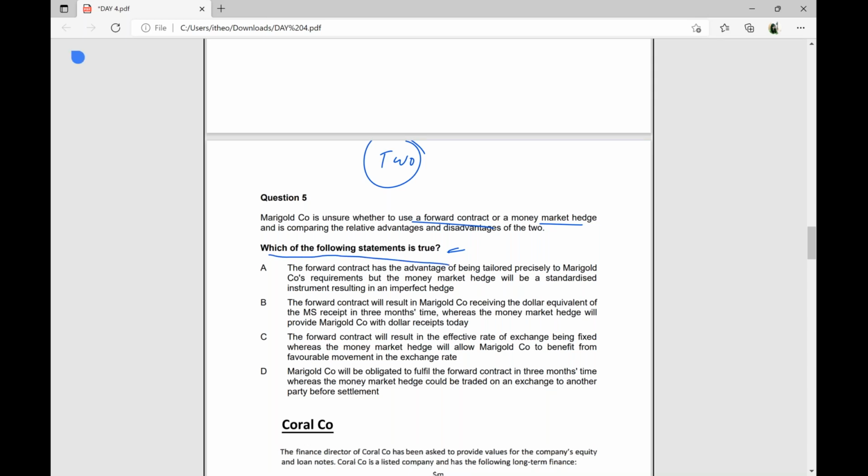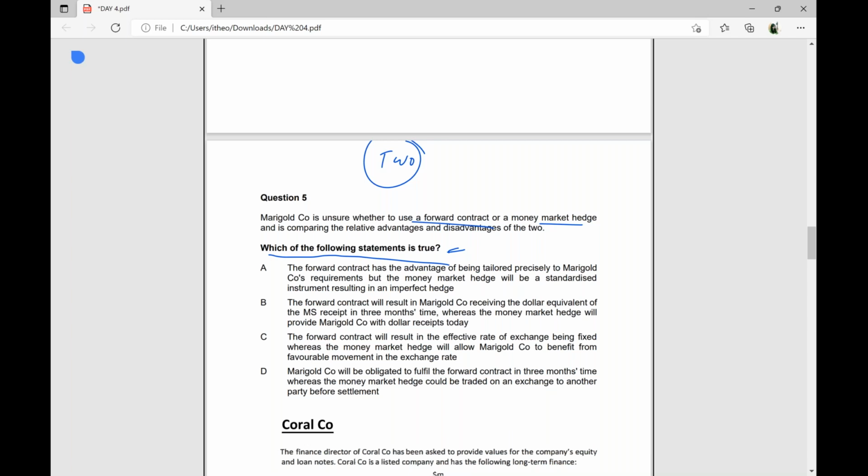This is also straight coming from the Kaplan text. Maybe you have read the advantages and disadvantages of forward exchange and money market. It's coming straight from that. Marigold is unsure whether to use the forward market or money market. The forward contract has the advantage of being tailored precisely to Marigold's requirement, but the money market hedge will be a standardized instrument. The forward contract will result in Marigold receiving the dollar equivalent of receipts in 3 months, whereas the money market